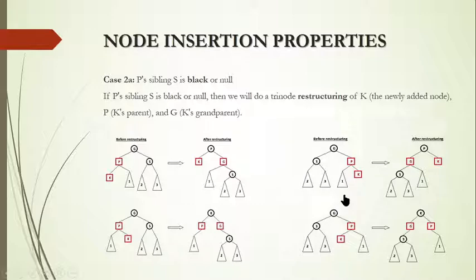And another concept, where everything comes on the right side. Now you can see everything on the right side. K's parent is red and its sibling is black, so we make a single left rotation. Since everything is on the right side, we make a single left rotation. So if we do so, P goes to the top, C to the left, and K to the right.